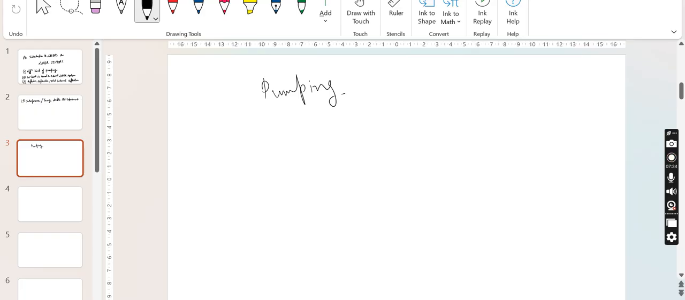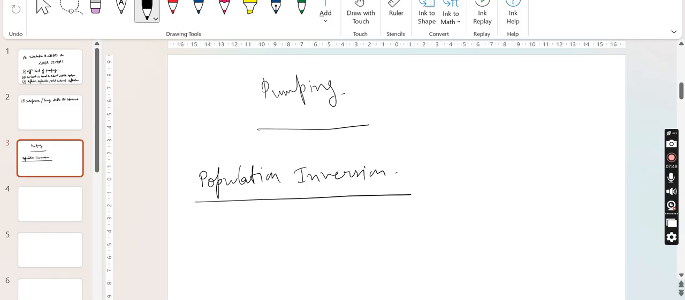So, why do we need pumping? We need pumping to create population inversion. Without population inversion, we know there will not be any lasing action. So what is population inversion? If the number of atoms at the higher energy level or excited state is N2, and the number of atoms in the lower energy level state is N1, population inversion would be when N2 is greater than N1,